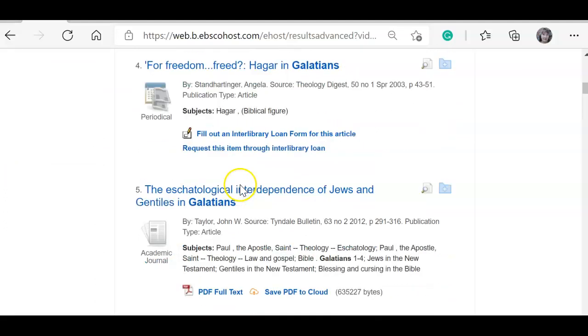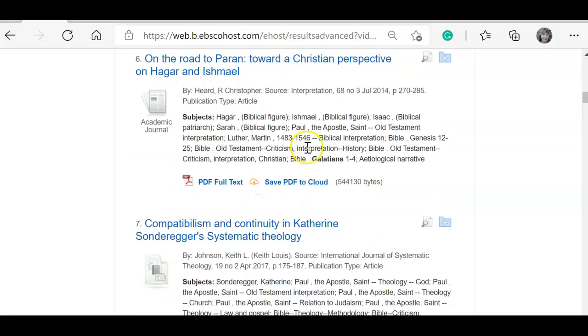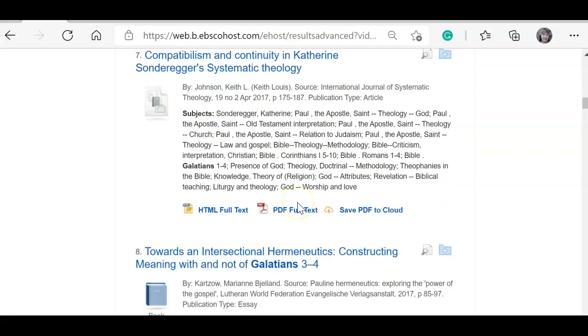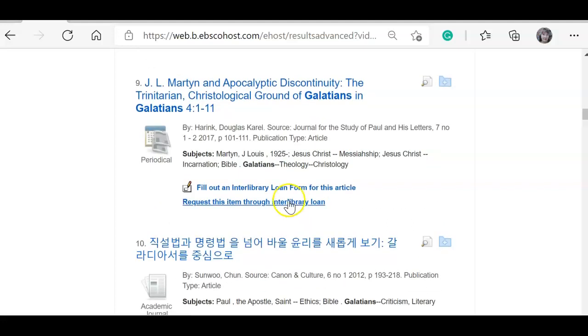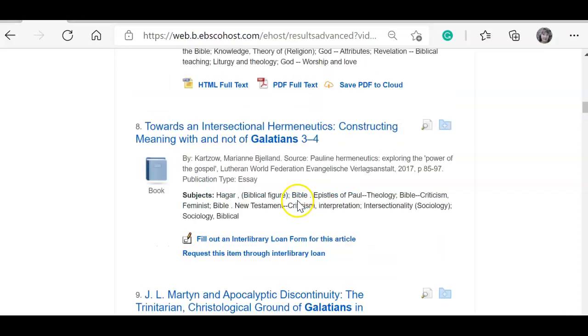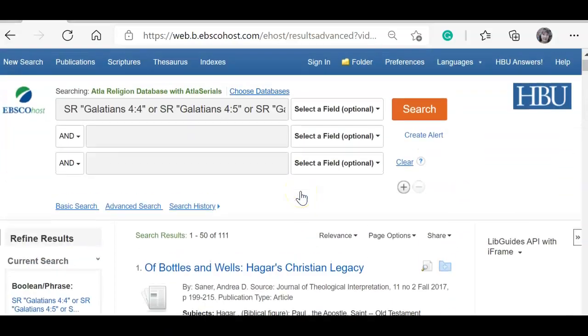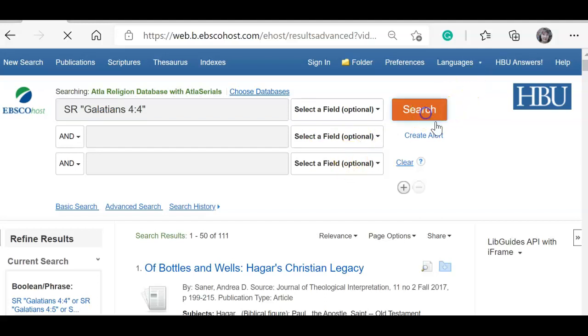Let's see, what else am I getting? Galatians, same thing, 1 through 4. 1 through 4, and that's really more than I really wanted. I mean, it is giving me chapter 4. This is really more on target. So what it might be best to do in this instance is just to say Galatians 4 and loop through those. Or I will just go ahead and take Galatians 4:4, run that search again,